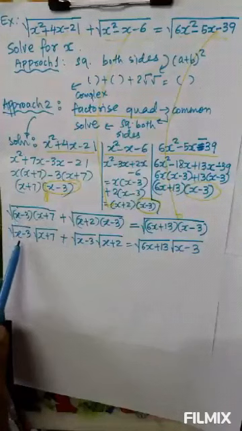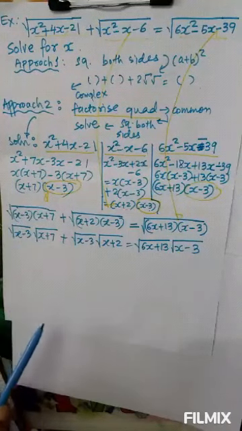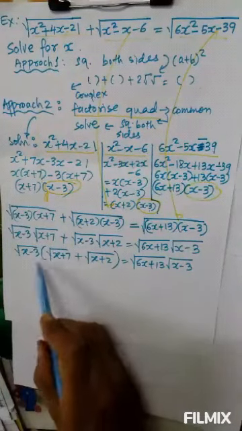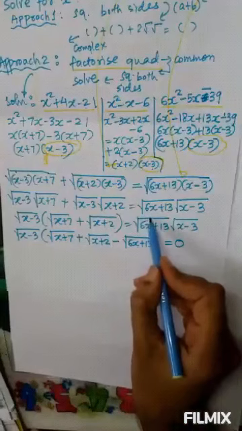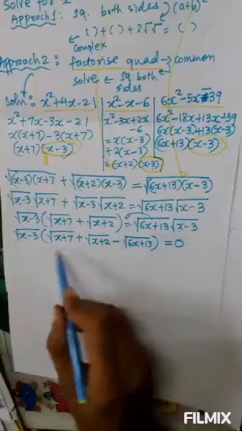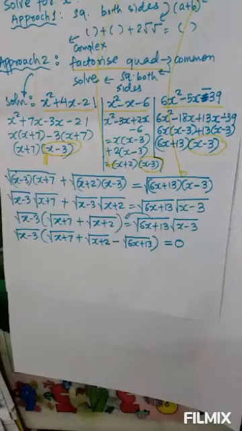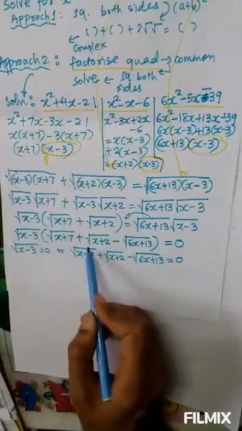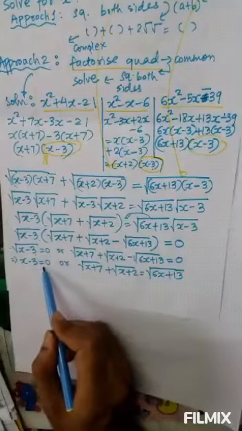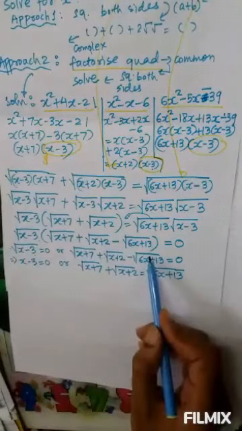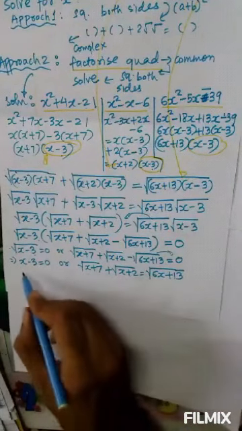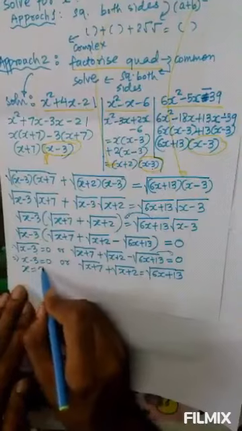We can again write it like this, distributing the square root. Taking root x minus 3 common from the left hand side, we get this. Taking this term to this side and then again taking root x minus 3 common, we are left with this. Two factors in multiplication are 0 means either this is 0 or this whole thing is 0. Squaring gives x minus 3 equals 0 here, and this term we can take to this side, so we get another equation which we have to solve. From here we will get x equals 3.